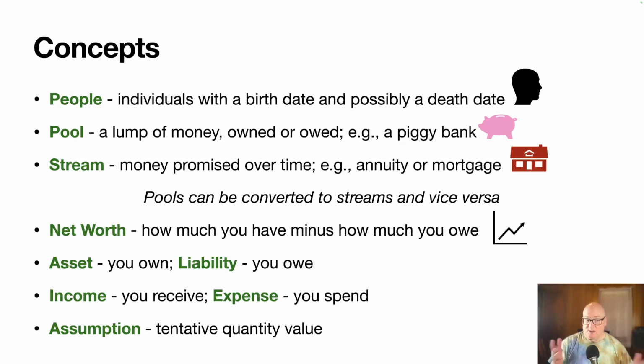And then I also have this notion of an assumption, some sort of estimate of some quantity. All right, so if I want to say, I don't want to deal with inflation on this, I'm going to try and work in real dollars. But if I want to estimate stock, like how much do stocks pay you over time? Well, usually you hear things like 7-8%. But there's also inflation. So if it's 8%, but inflation's 4%, you really only net 4%. So if we wanted to use that quantity of 4%, that would be an assumption of some sort.